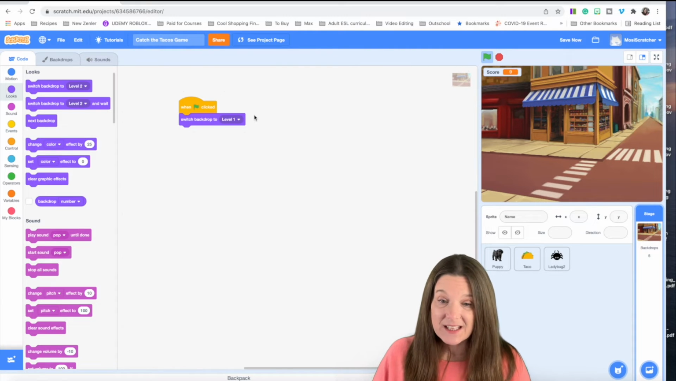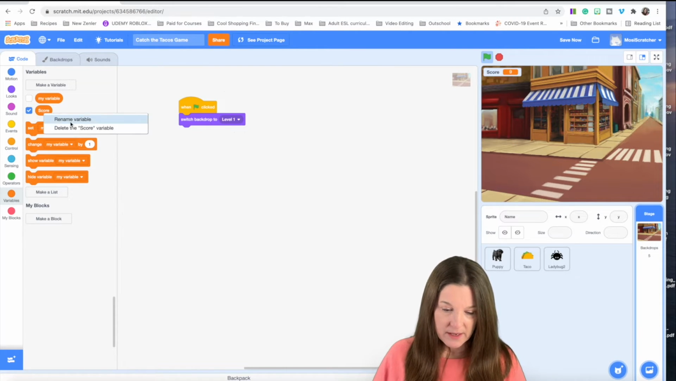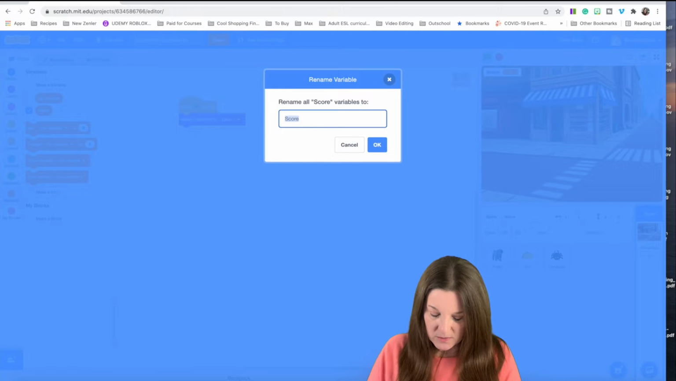So the next thing that has to happen is to code the game to change to level 2 when we get to a certain score. So I'm going to go to Variables, right? That's where we kept track of score. And I'm going to show you something. I changed my name to score. I'm going to show you, if you right click, you can rename your variable. So I'm going to change it to